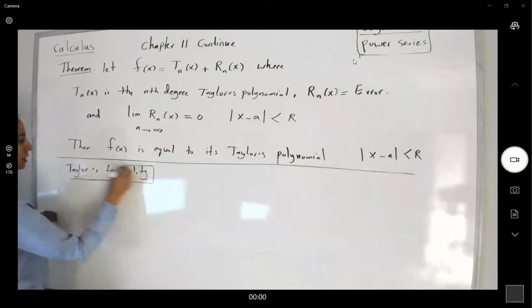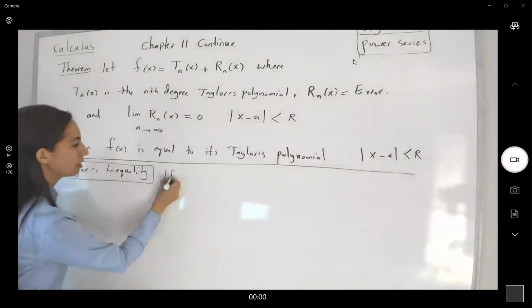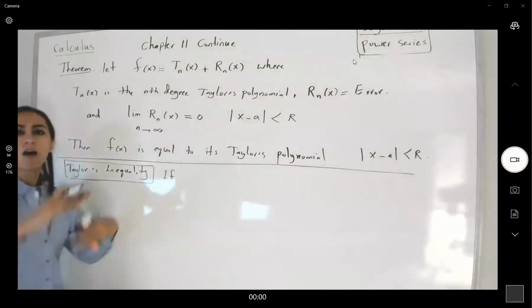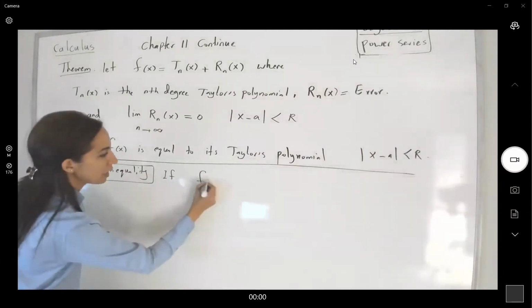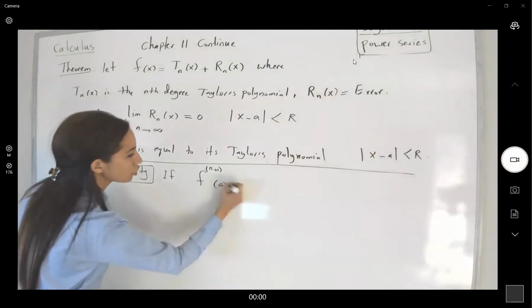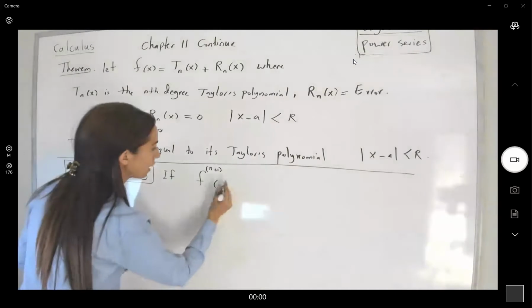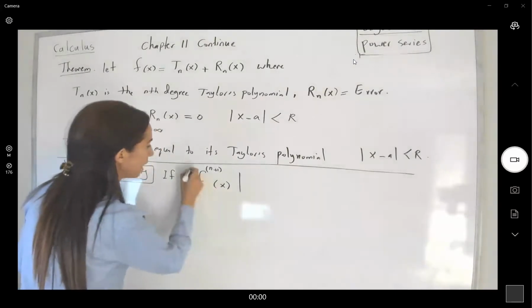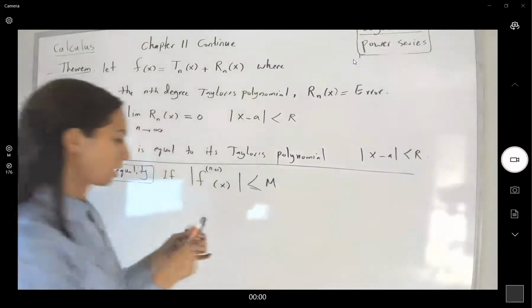This is important, guys. So if the higher derivatives of the function, if the n plus 1 derivative of the function is bounded, for any x, less than or equal to M, M is just a constant,